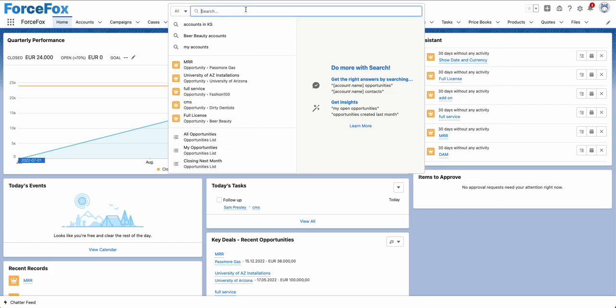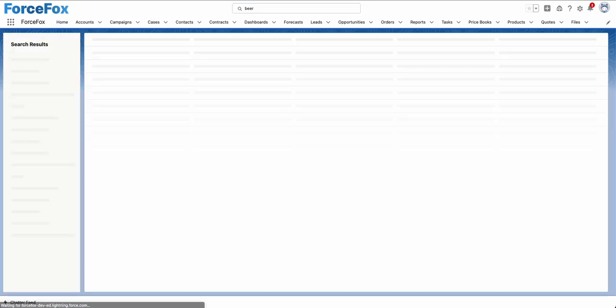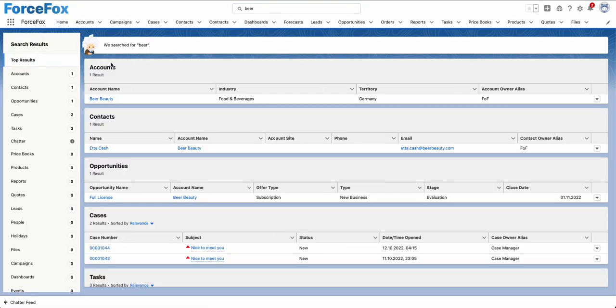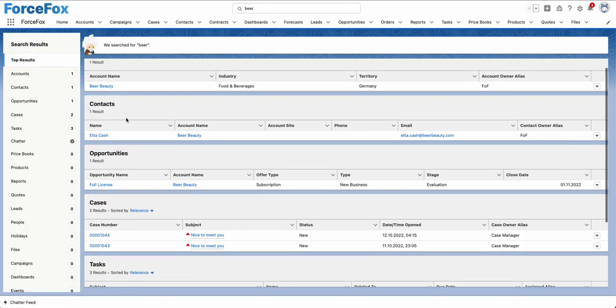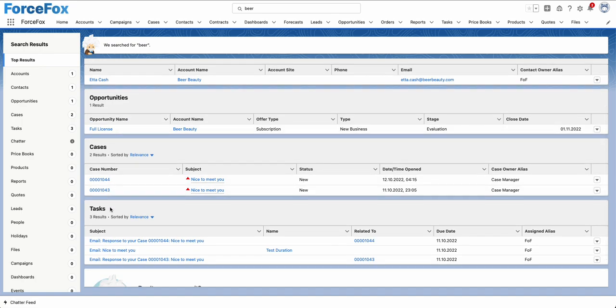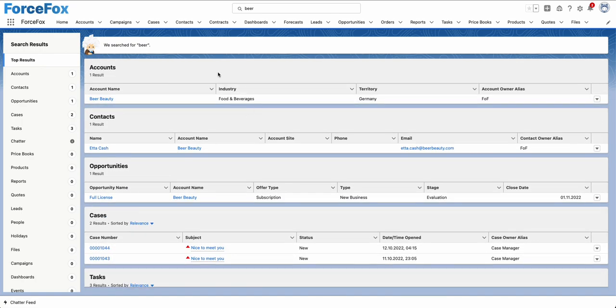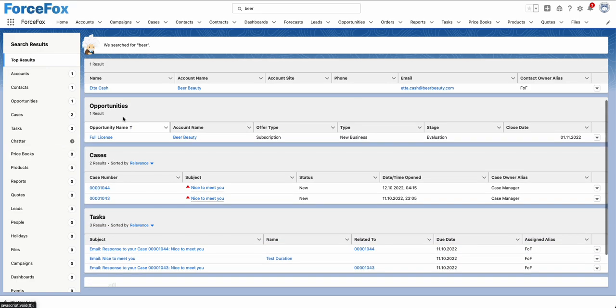Let me search for the one thing I always do, and that's beer. And you see here I have one result for the account, one contact, one opportunity, 2 cases, and 3 tasks. Just for this one single word. And you see here for every object we have different fields that are displayed. Let's focus on the opportunity here, and you see now I have the name, the account name, offer type, stage,